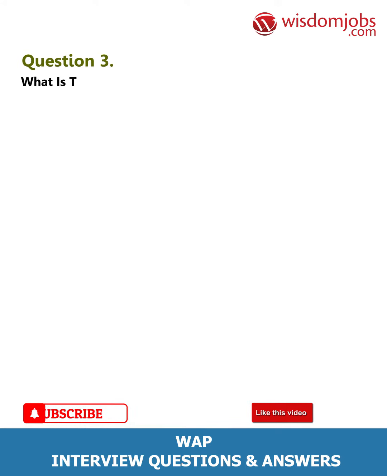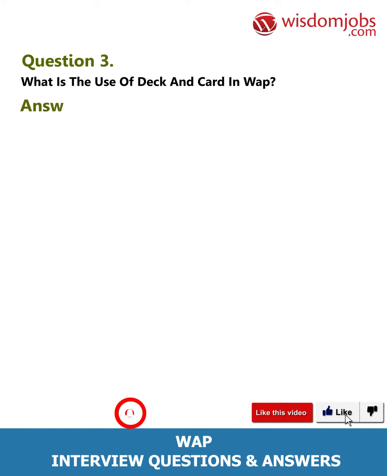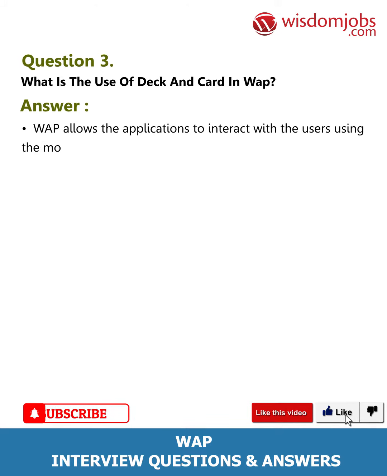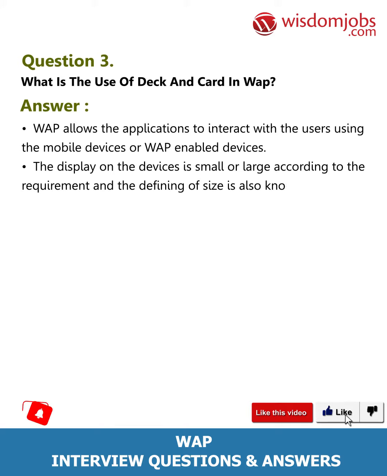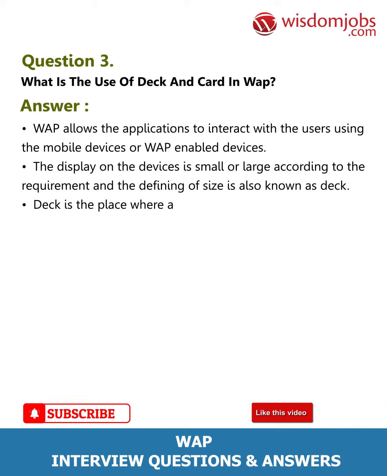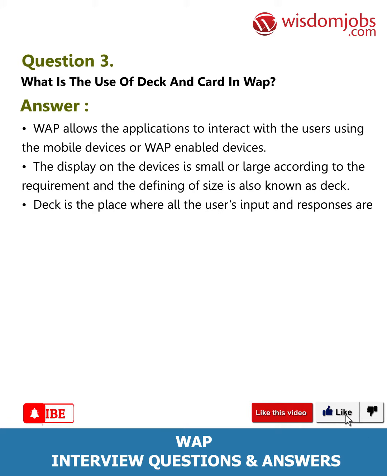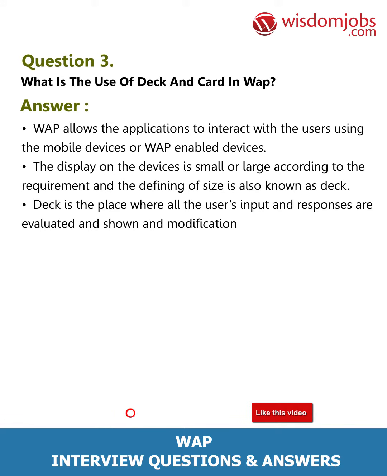Question 3. What is the use of DEC and card in WAP? Answer. WAP allows the applications to interact with the users using the mobile devices or WAP-enabled devices. The display on the devices is small or large according to the requirement, and the defining of size is also known as DEC. DEC is the place where all the users' input and responses are evaluated and shown, and modification